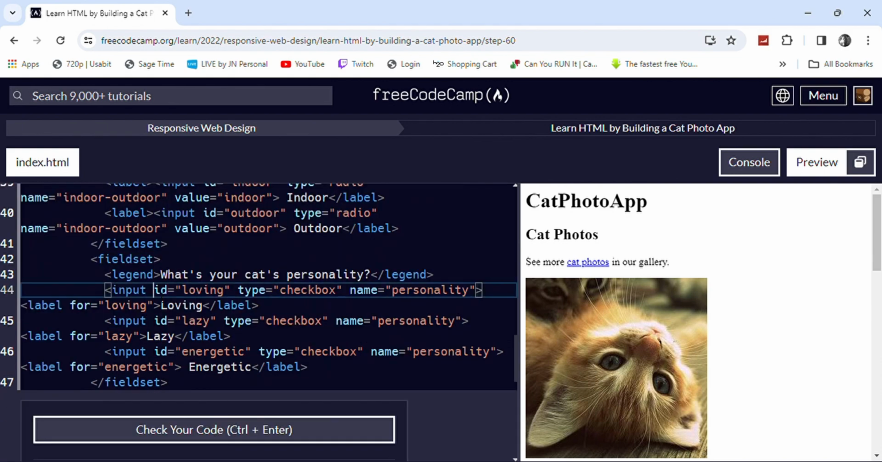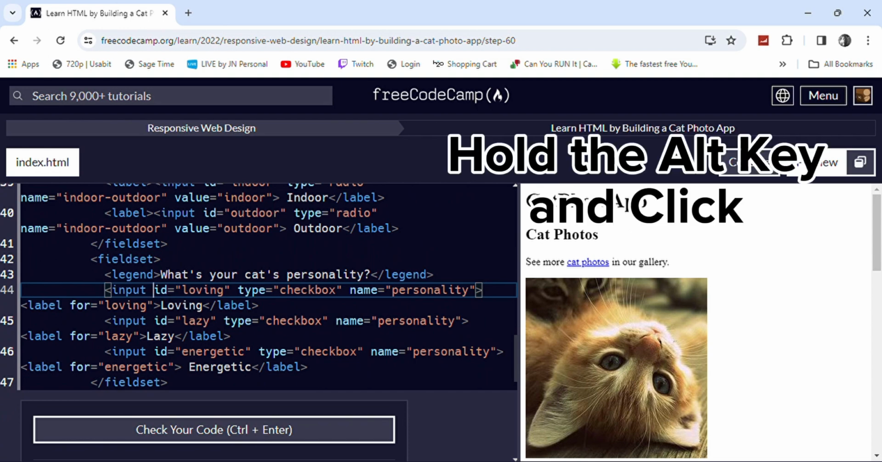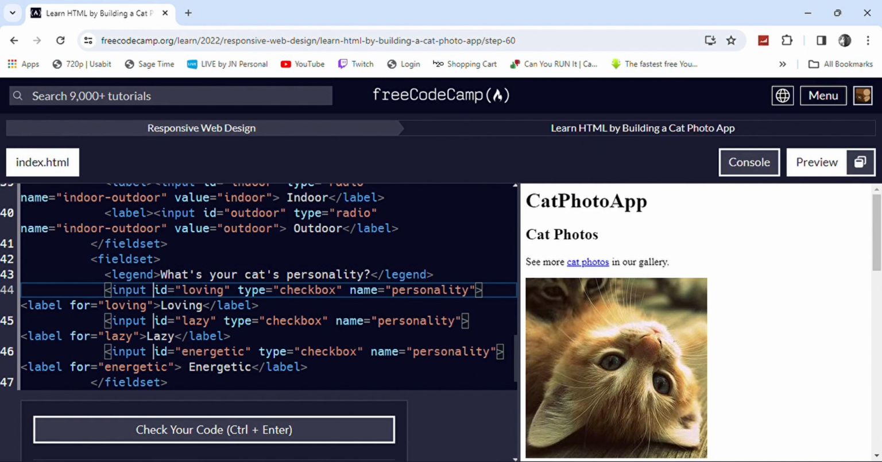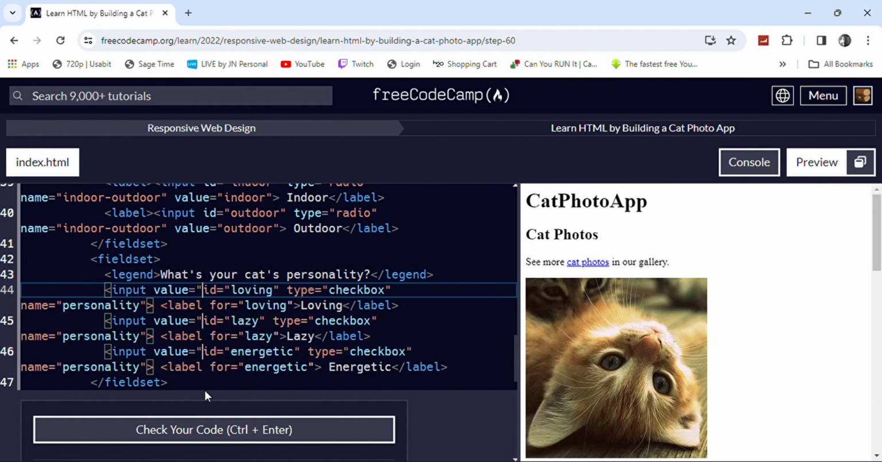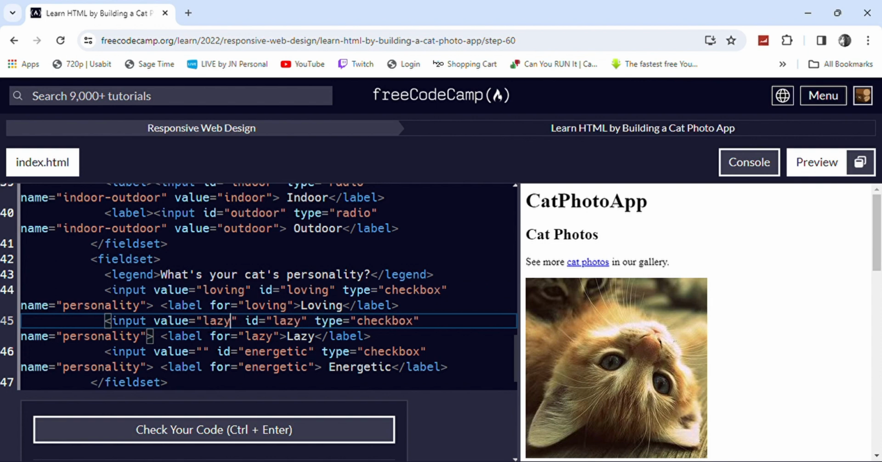Alright, here's what we can do. I'm gonna do it right beside ID. And then what you do is you hold Alt, then you click, then you click. So that way you have those cursors right there, and then you can just type all at once. Like that. But the value has to match with the ID. So, loving, lazy,